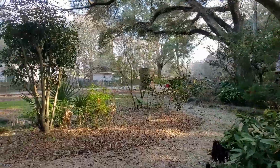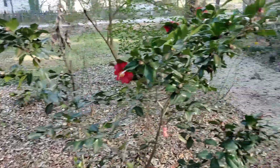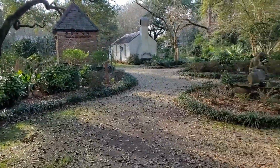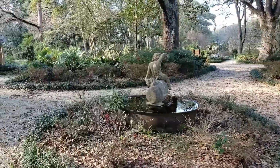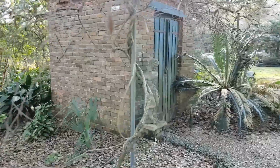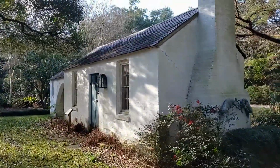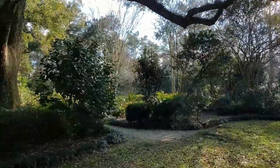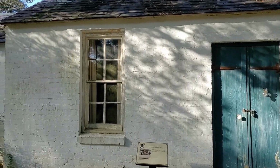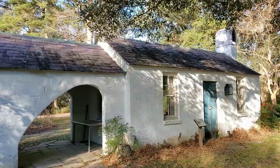I didn't know what to expect in these gardens, so I didn't know how elaborate they were or how big the gardens were. They're still very well landscaped though. Let's see if it goes back. I'm assuming it goes back here a little ways. Garden house, circa 1926. Looks almost like the guest house on Magnum PI. Look